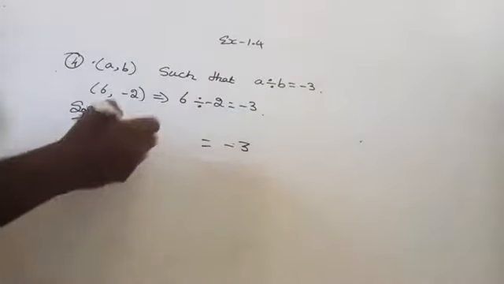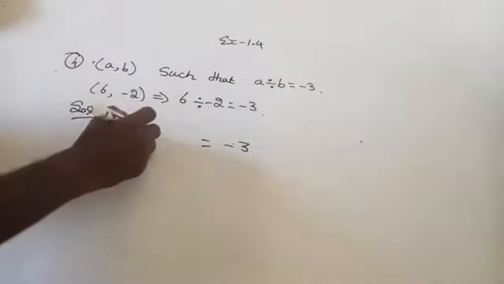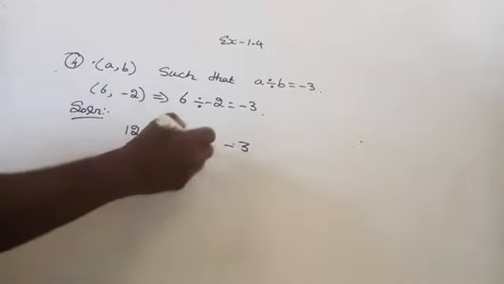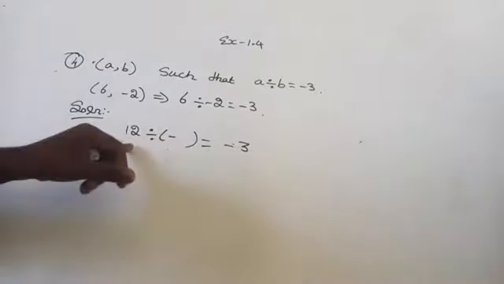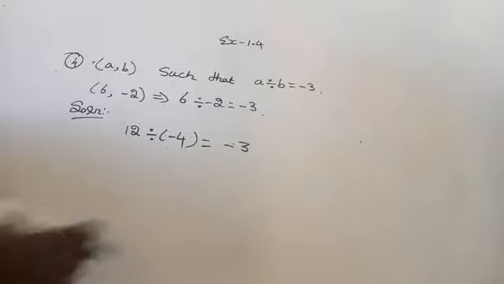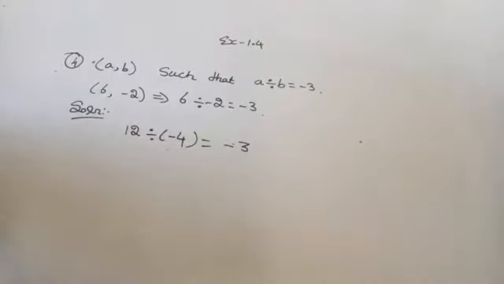Minus 3, you can take, okay, 12. It's a positive integer, so the other should be a negative integer. Now which number divided into 12 will give you 3? 4. Am I right here? Otherwise, which number multiplied by 3 will give you 12? 3 4s are 12. So it's one pair.